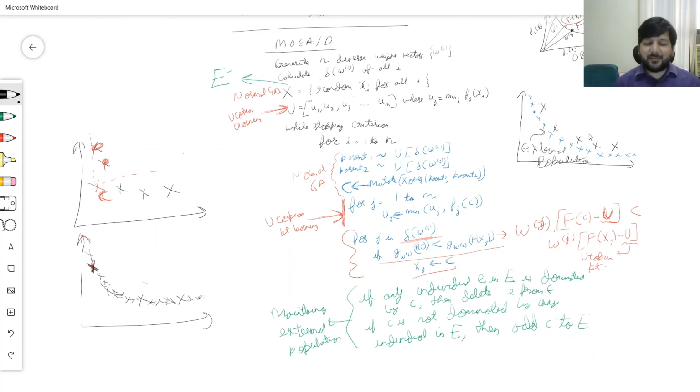So nothing added in the code, you start off with an empty external population, and you keep on adding the child if it's non-dominated, and you keep on deleting if the child dominates anything in the Pareto front. And with a mixture of all this, the multi-objective evolutionary algorithm by decomposition works. Here it's more interesting to see how the algorithm will act with time. So initially the individuals will be random, and slowly they'll start coming into their respective